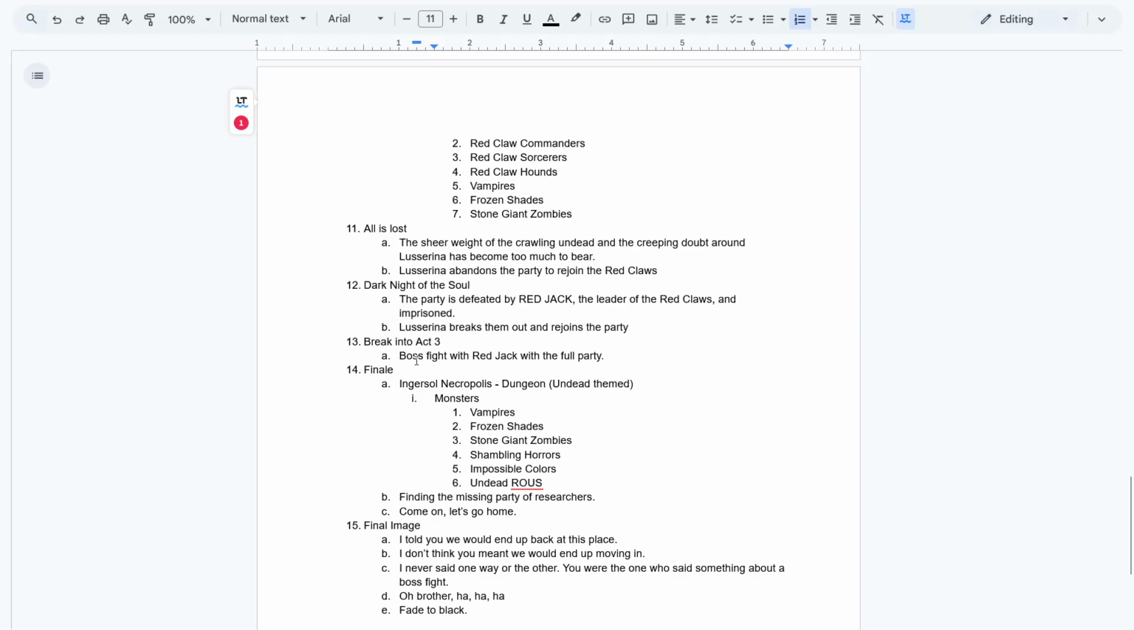The party is defeated by Red Jack, the leader of the Red Claws, and imprisoned. They feel like they have failed in their mission and now their lives are in peril. But at that moment of deepest darkness, Lucerina is going to break them out and rejoin the party. And as they are broken out of imprisonment, they also break into Act 3, our 13th beat, which is just